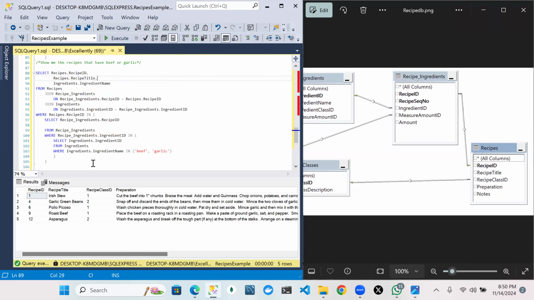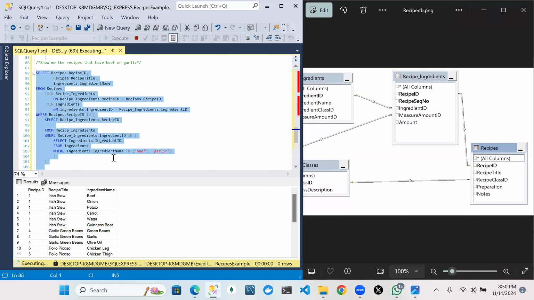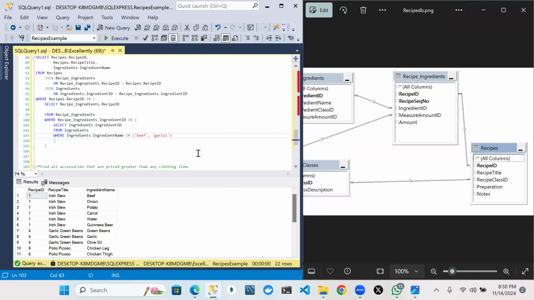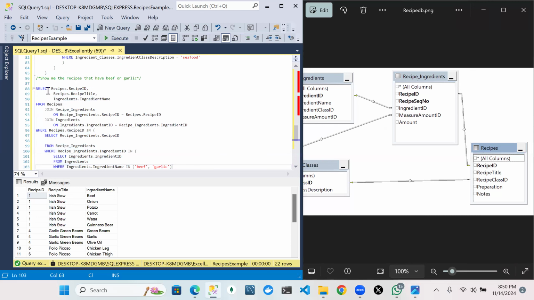So if we run this now, we can now be able to confirm what's happening. We have messed up somewhere. Ingredients name. The question says show me. No, we only had